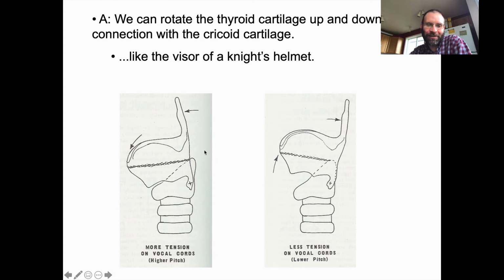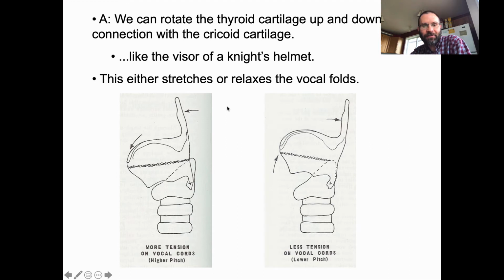So yeah, you can kind of think of this, you're rocking this big old structure. It links up here, we talked about that a while back, at this lower facet of the cricoid cartilage. If you are pushing it forward like this, you're increasing the tension on the vocal folds by stretching them out a little bit. And if you rock it back, that slackens that tension, so you're going to get lower F0 in this case because it's pushing backwards, and this distance is not quite as long. So you either stretch or relax the vocal folds, either tighten that tuning knob or lower it somehow,